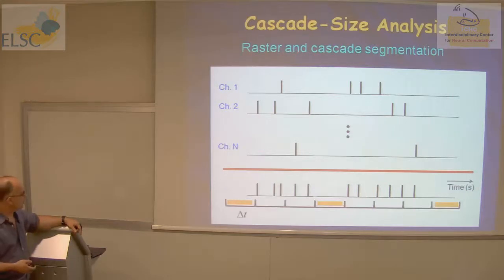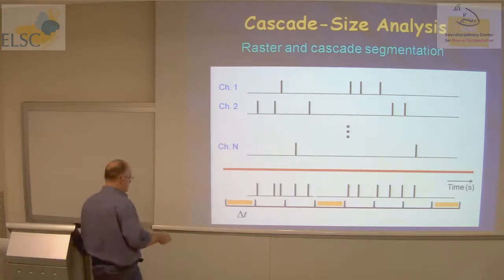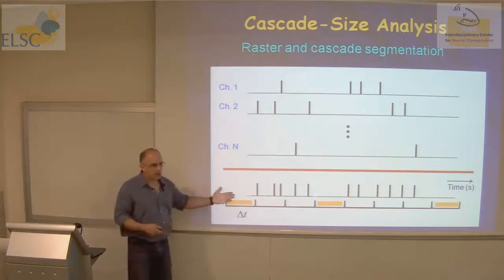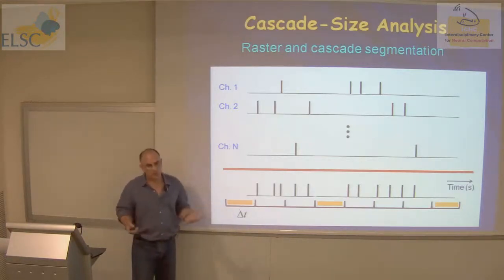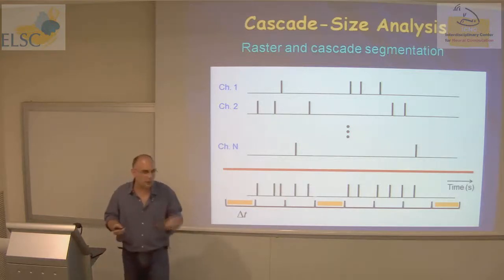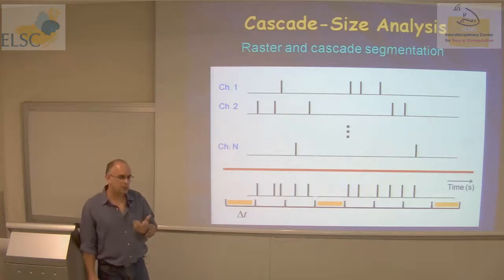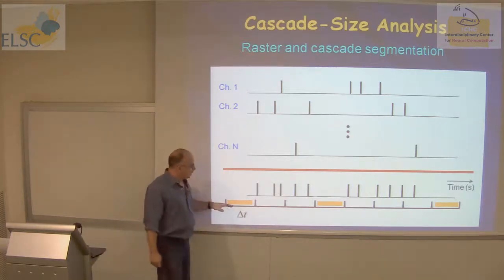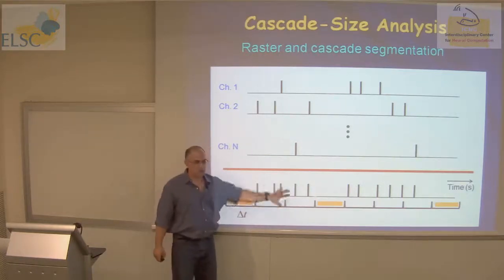And now we start to cluster it along this single dimension. The way we do that is that we choose a time scale. This is another parameter of the analysis. The first was the threshold, and I will discuss this later. So we choose this kind of bin width, delta t. Of course, it should be a multiple of your minimal resolution. For instance, for 600 hertz, the minimal resolution is 1.67 milliseconds, so I work in multiples of this unit. We then look for silent periods, and everything between two silent periods is called a cascade.